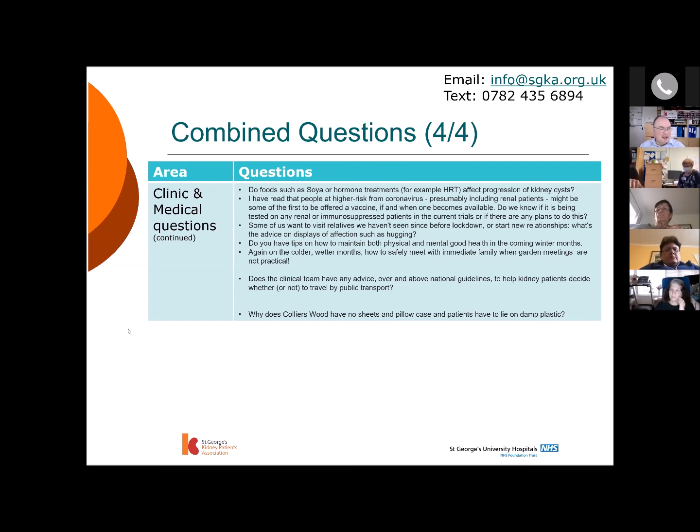Oh, right, okay. So it's no longer going to St Helier's. Okay. So it's moving to St George's, but not all the results come through still. Okay, and then